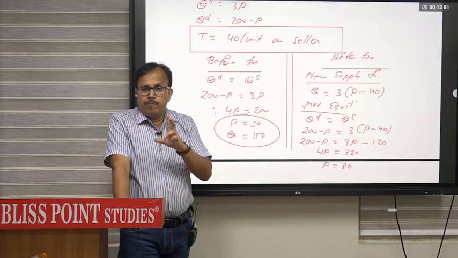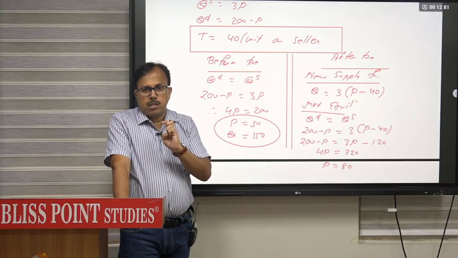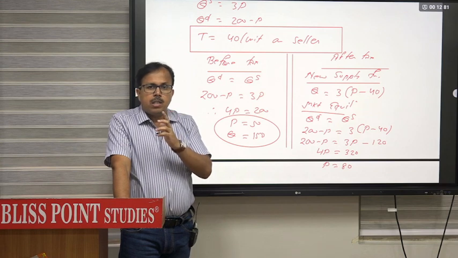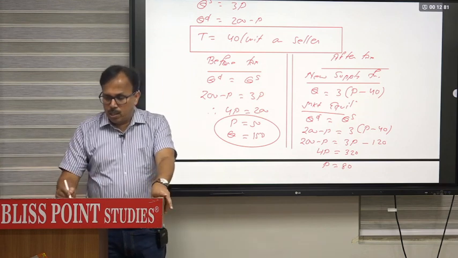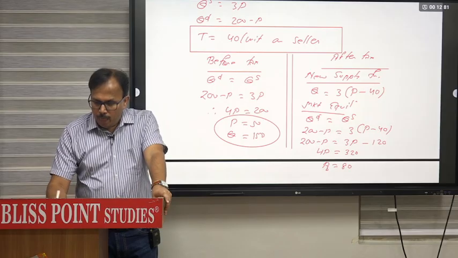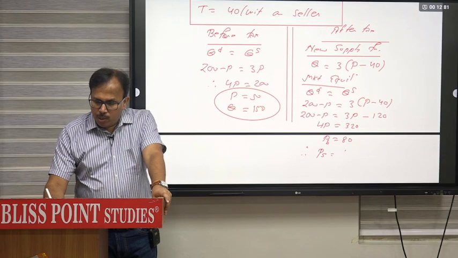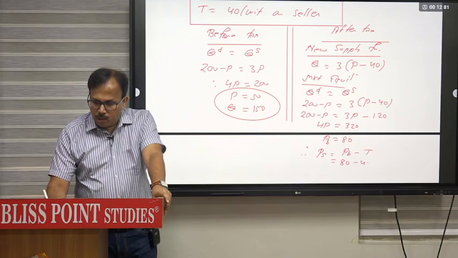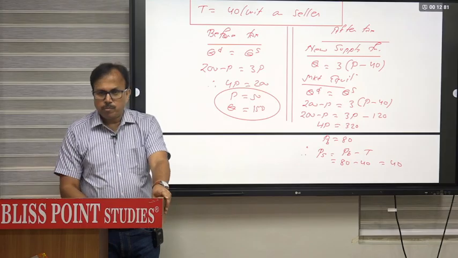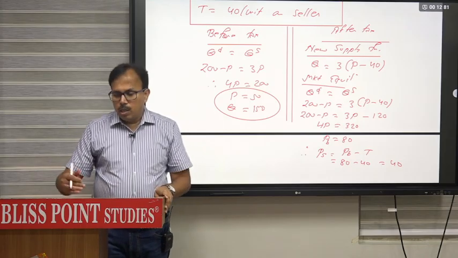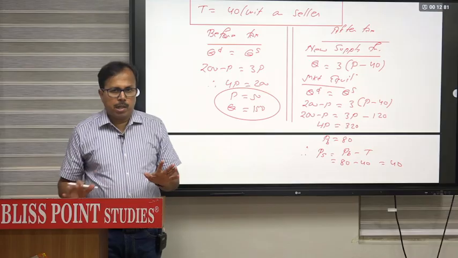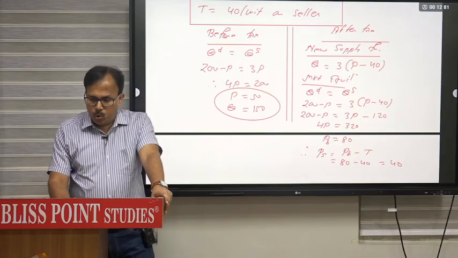Out of that 80, 40 is tax. So 80 minus 40, 40 rupees will be the price for the seller. So this is price for the buyer. And what is price for the seller? Price for the seller will be equal to price paid by the buyer minus tax. So it will be 80 minus 40, that will be 40. ठीक है. अब चाहो तो आप इसे प्लॉट करके मार्क कर देंगे, दैट विल बी अ बेटर वे टू प्रेजेंट